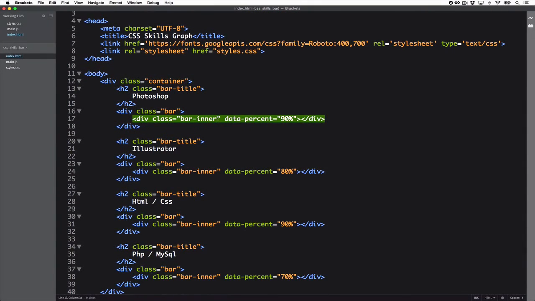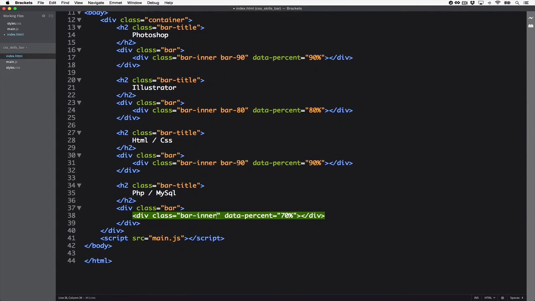We could go ahead and just add a secondary class. So here we have bar 90, bar 80. This one would be bar 90 again. And this one would be bar 70. So what we will do in our CSS